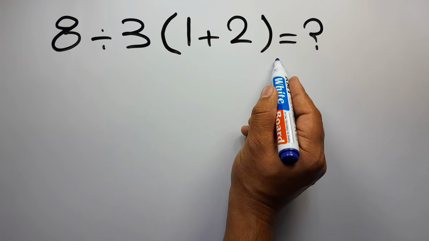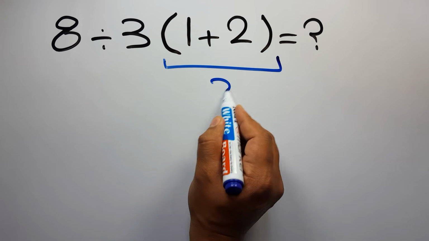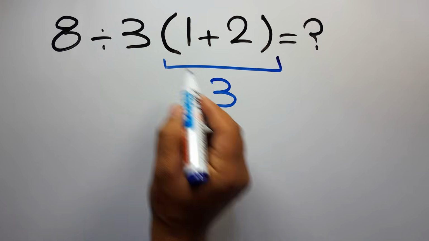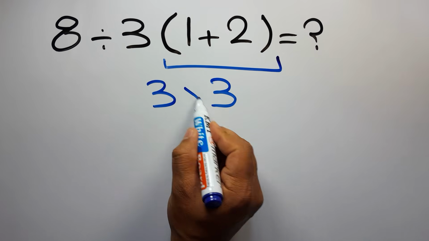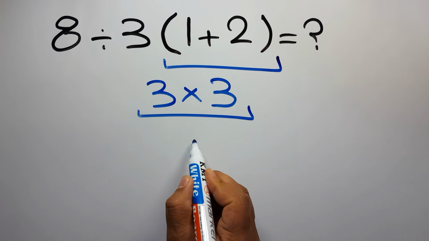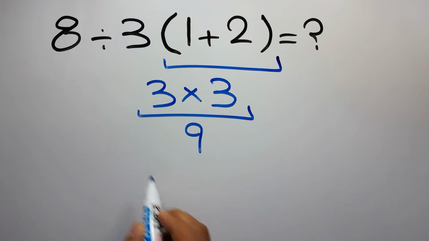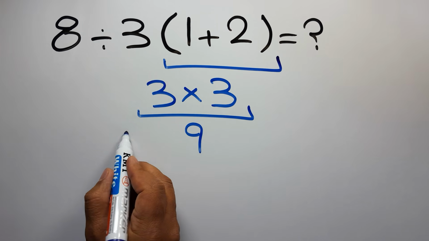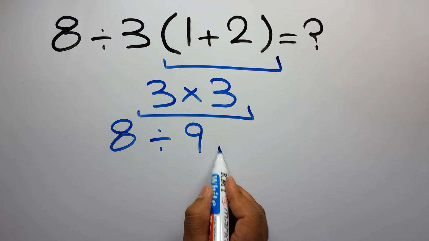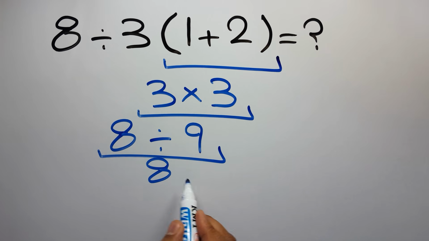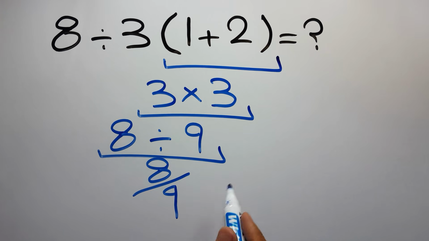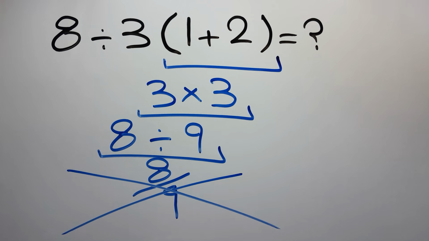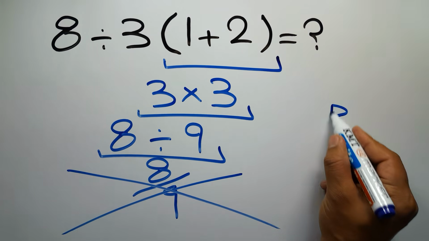1 plus 2 gives us 3. And 3 times 3 equals 9. So 8 divided by 9 can be written as 8 over 9. But this answer is not correct, because according to the order of operations, which is PEMDAS,